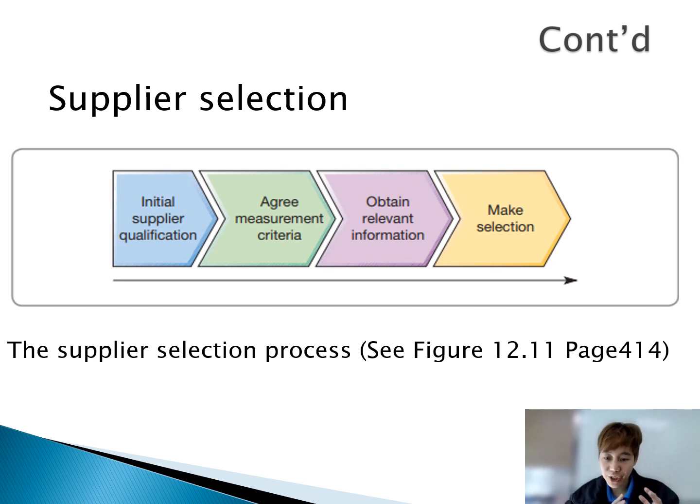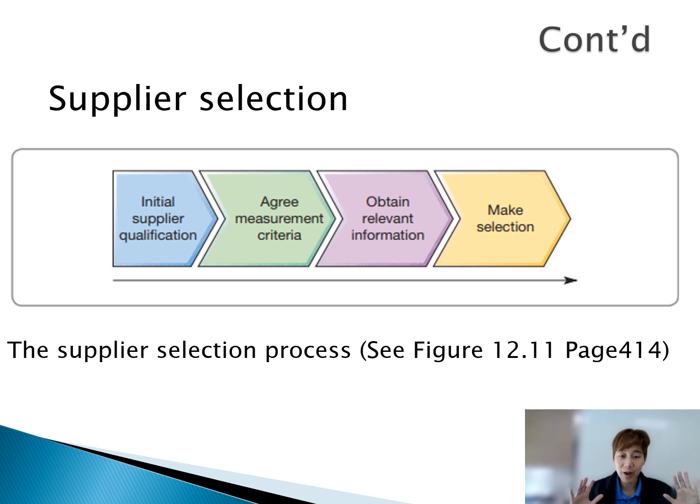This is the qualification that I want from a supplier. You have to list the qualification first, and then you have to see who are the choices that you can select. Because first you start from initial supplier qualification, you have to see and match who are